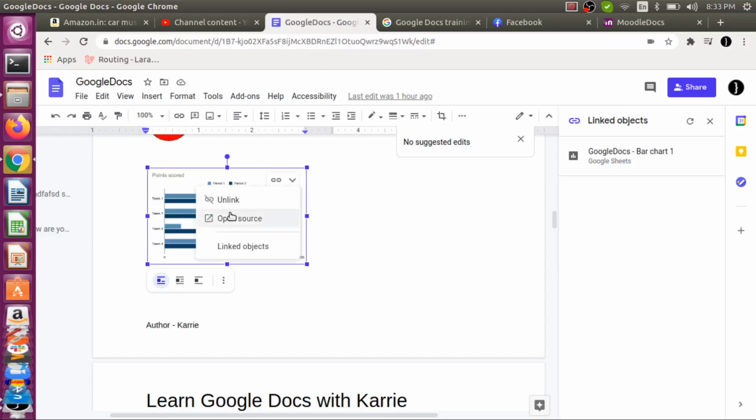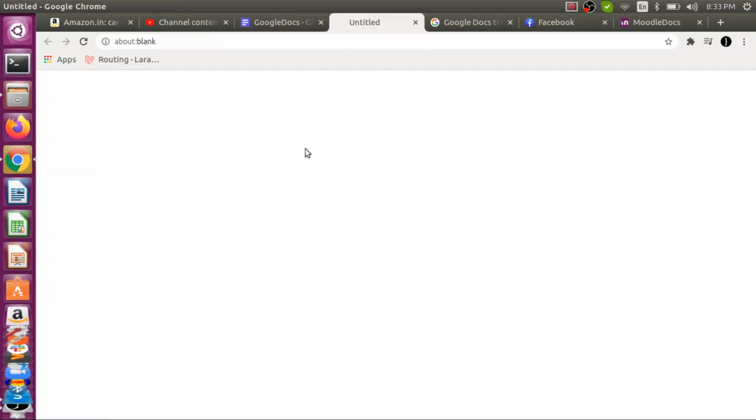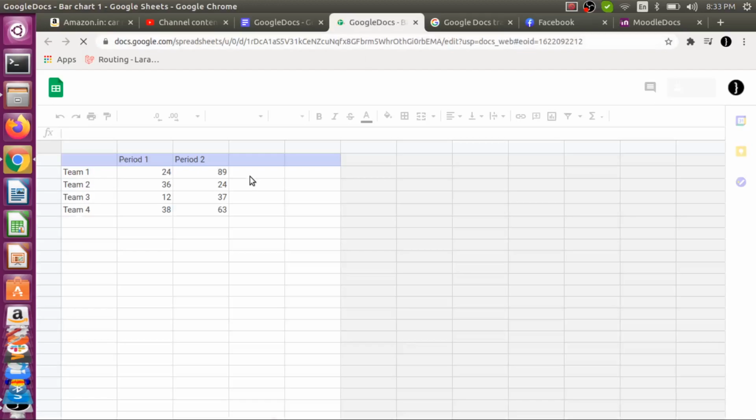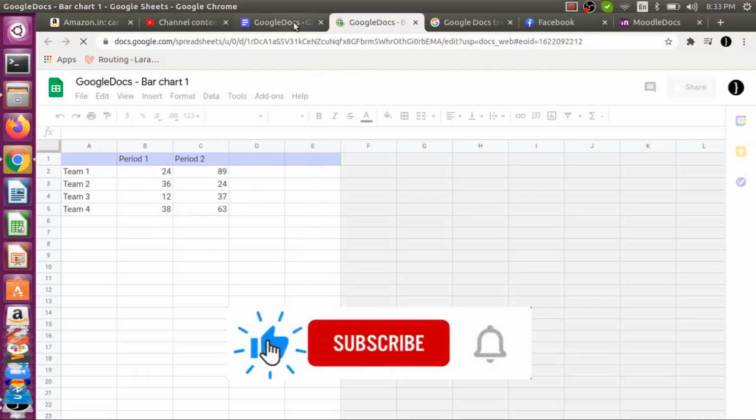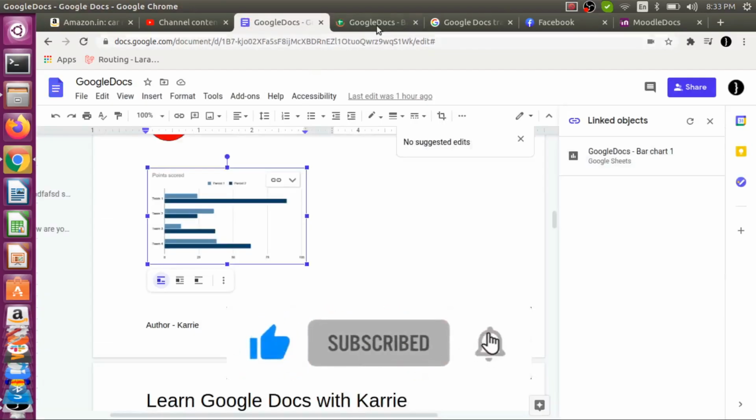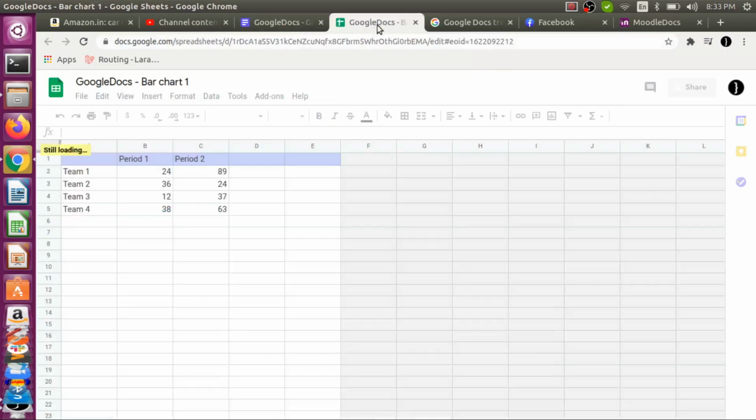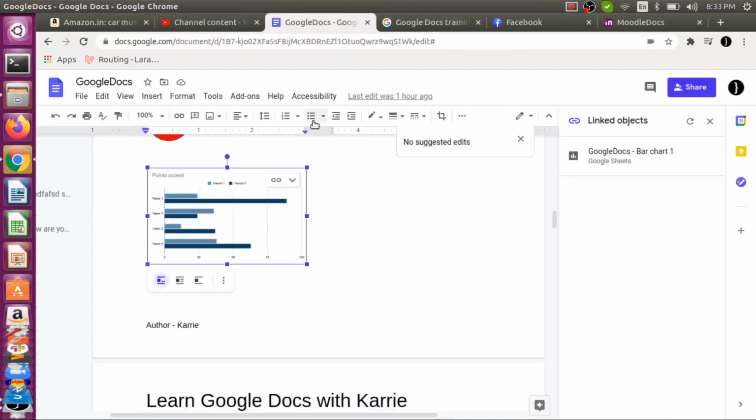Because this is another file which is linked with this document. I can click here and open that file, right. So you can see here I can add data, and these changes will reflect in my Google Doc. Why? Because this file has been linked with my Google Docs. That is the reason it's coming as a linked object. So that is about that.